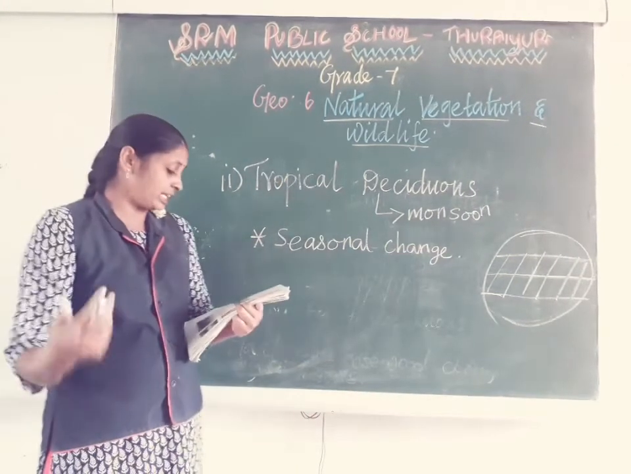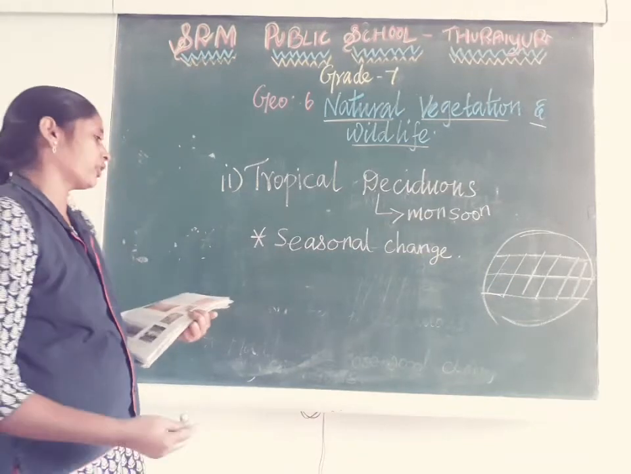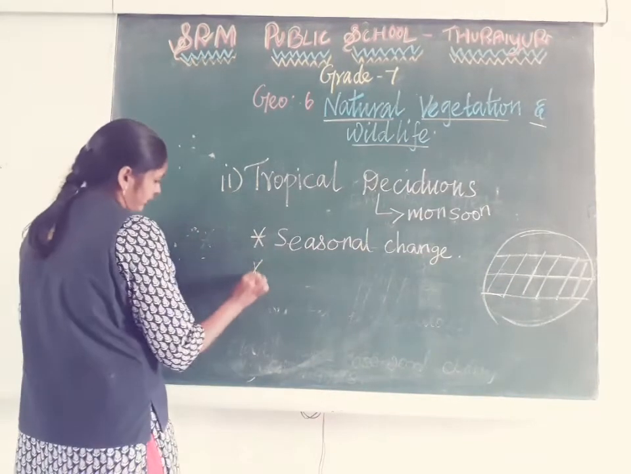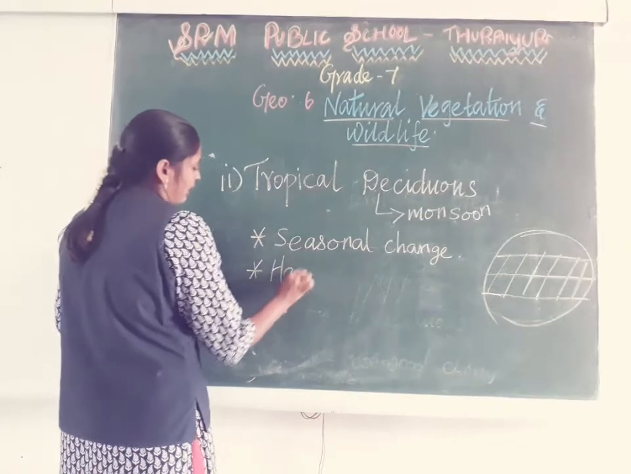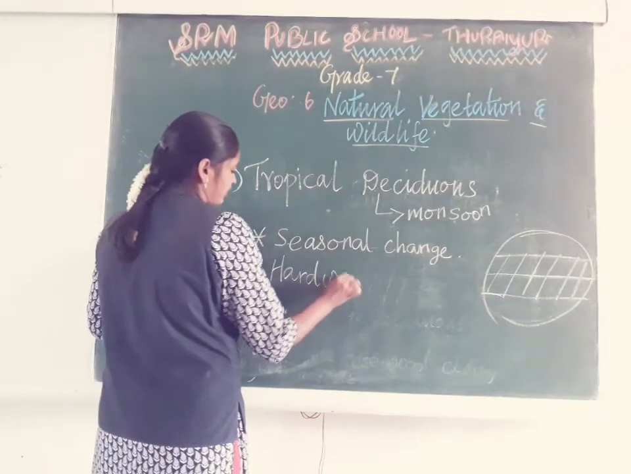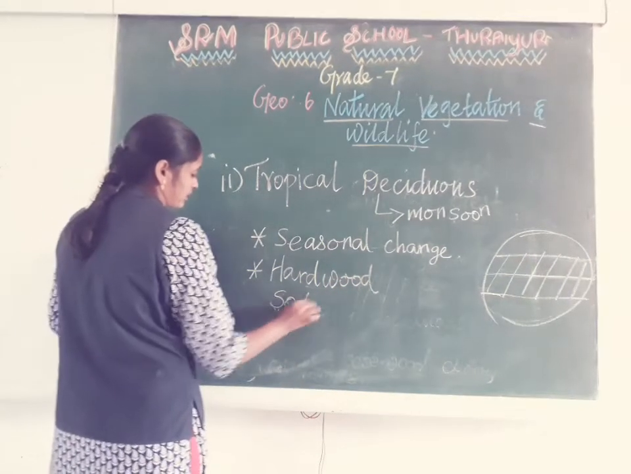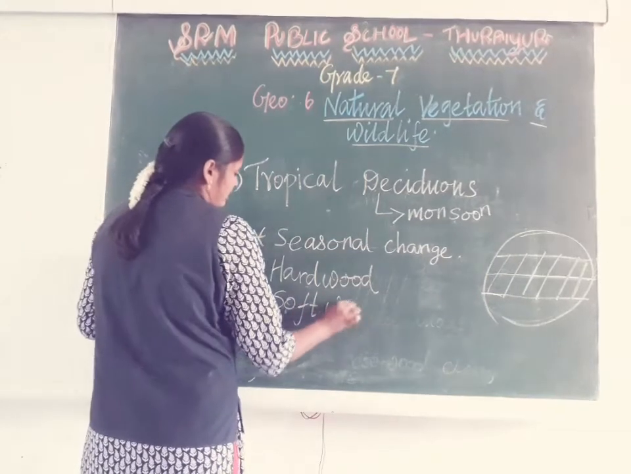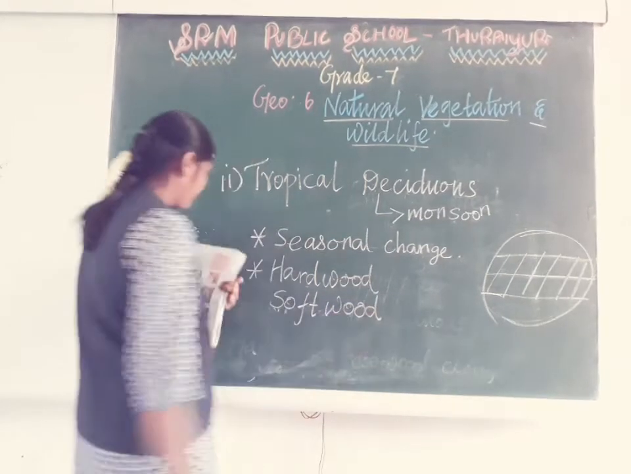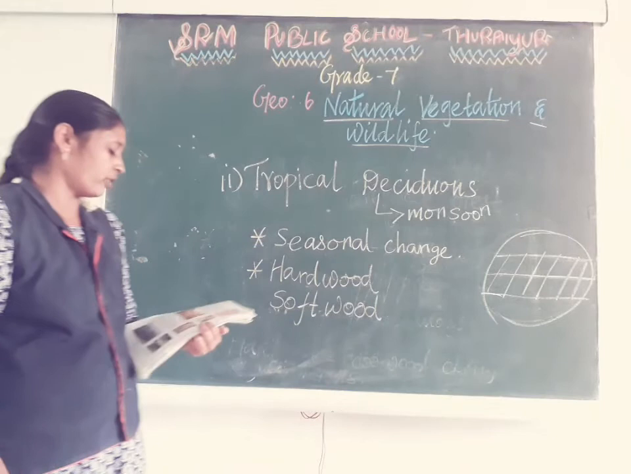What type of trees can we see in this forest? Both hardwood trees and softwood trees we can see. Hardwood and softwood. Softwood trees can also be found in this forest. So these forests,